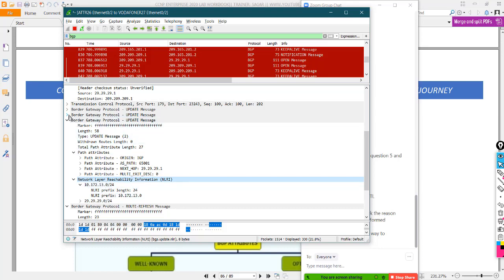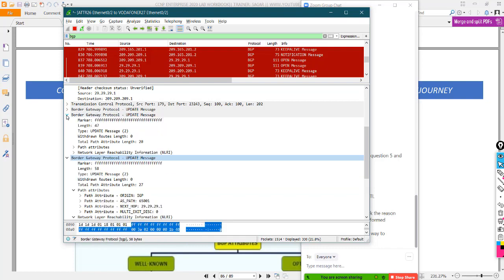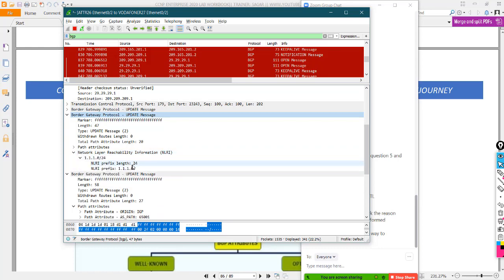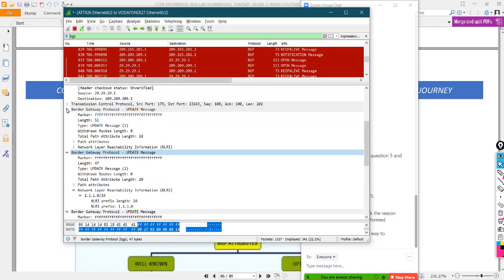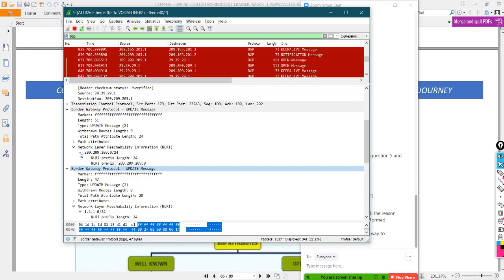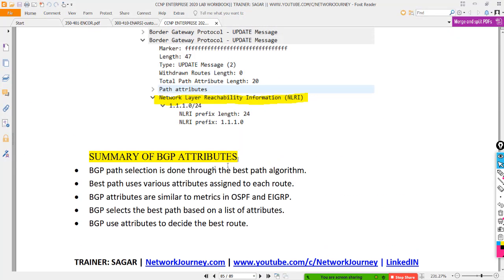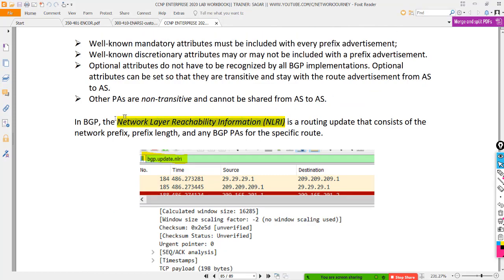So every packet, let's say I had one update packet, I also have one more update packet. You will see NLRI, and you will see another network and its prefix length and prefix. Similarly, if you open another update message, you will see NLRI, there's one more prefix, and you will see prefix length. So every update message will have multiple NLRI. That was something which I mentioned here, but I'll take it in the next class. So NLRI is a component which will carry network prefix and prefix length.